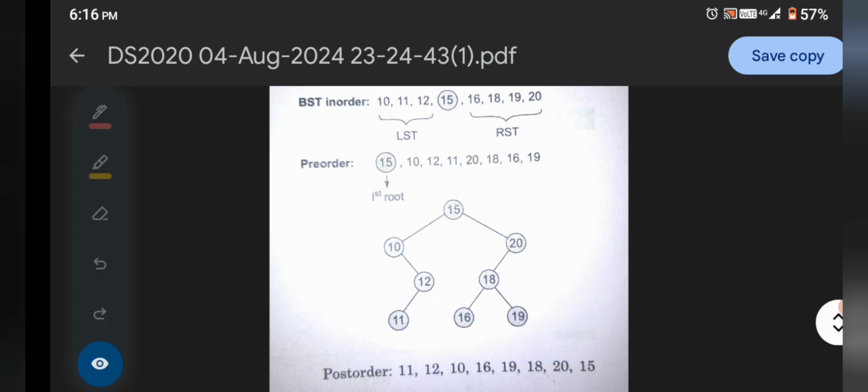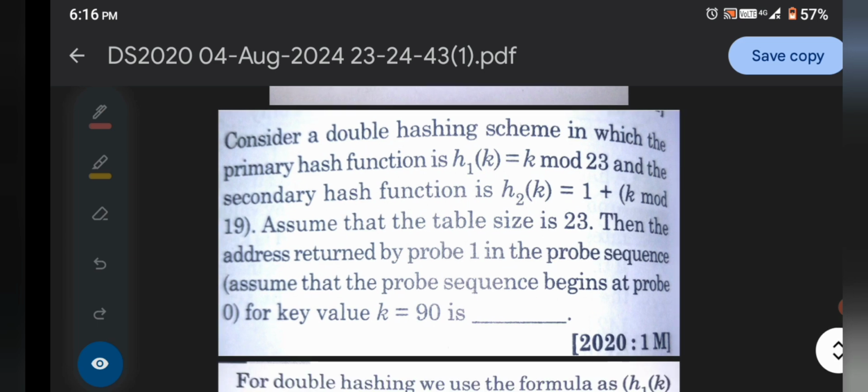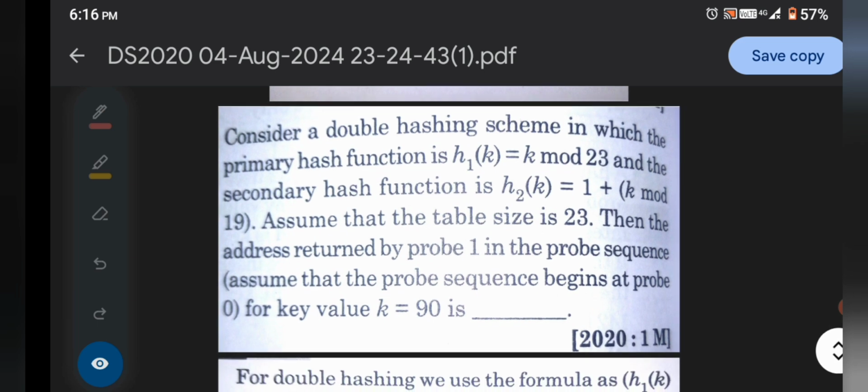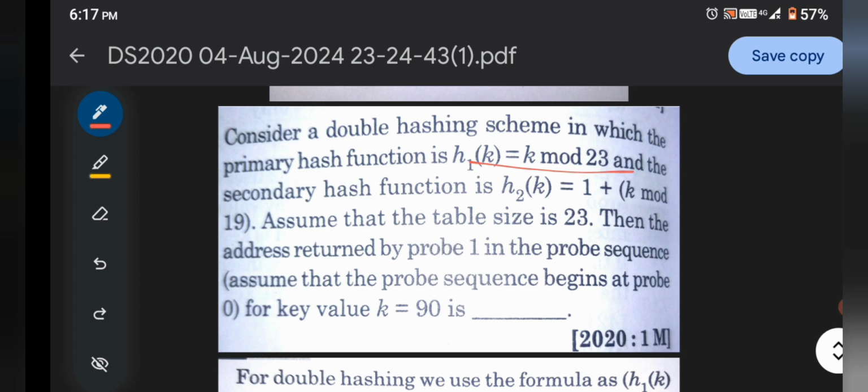Now we come to the next question. It is based on the hashing scheme. Consider a double hashing scheme in which the primary hash function is h1(k) equal to k mod 23, and the secondary hash function is h2(k) written as 1 plus k mod 19, okay.